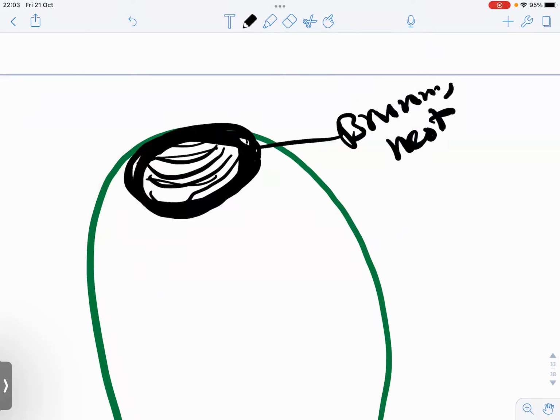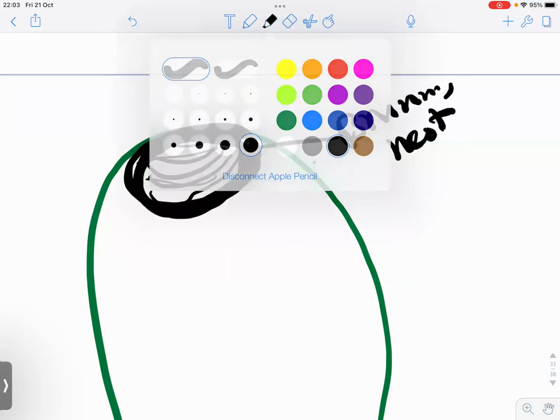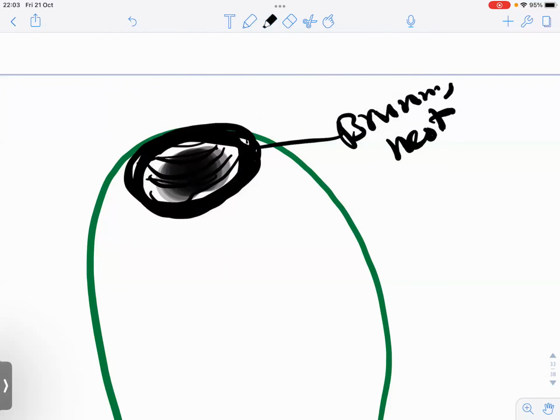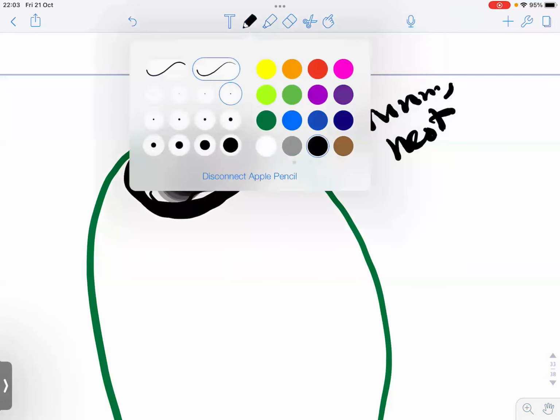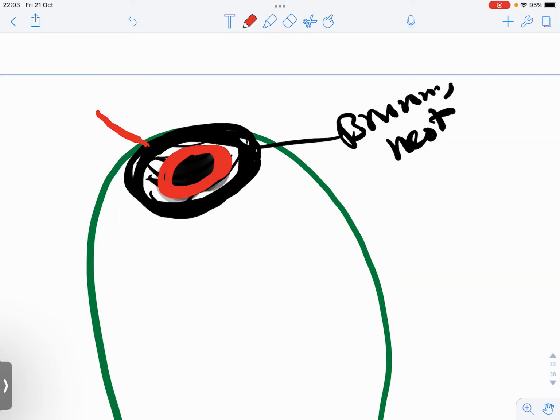So this part will not get enough blood supply, because blood cannot penetrate this fiber. So this part of the nest will not get blood supply and will start to die off,